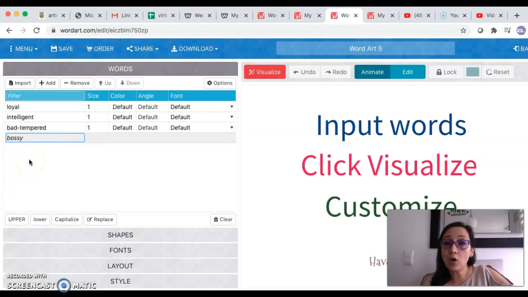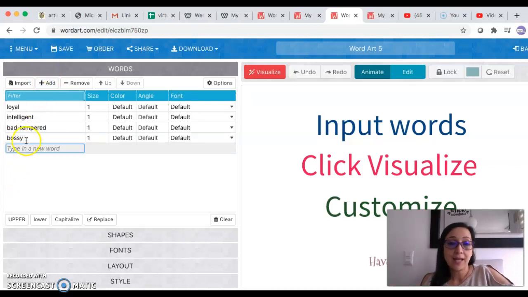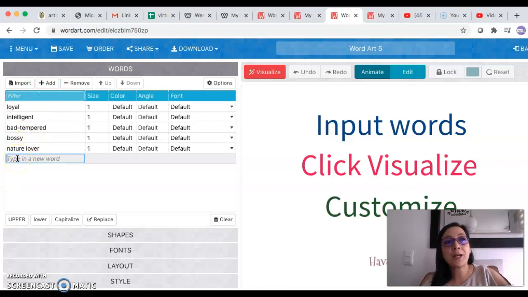If I want to add other words, I can click on Add, and there you can type another new word. Remember that in total you need to add 20 words. So let's say that I'm also a nature lover, and I want to add another word, which is going to be sensitive. Make sure that the spelling is correct because it's part of the activity and part of your grading. So after you type the 20 words,